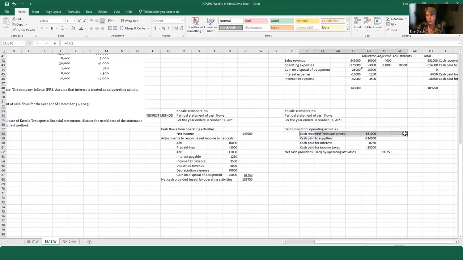This might be, let's say they think that the business is expanding at a rate of 5% higher next year. They can use this information and say, okay, if this was next year, I would expect the cash received from customers to be this amount. So they can use this information with regards to how we got our money and how we spent our money to predict what happens in the future. So keep in mind, these are two different viewpoints of the exact same